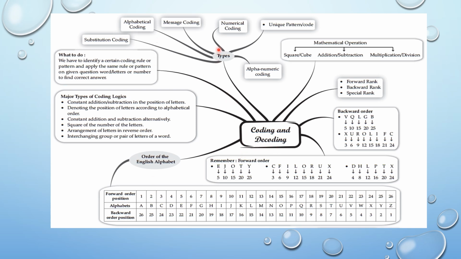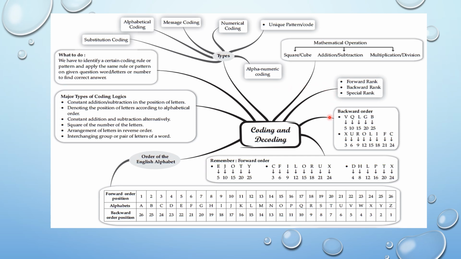Coding and decoding types: alphabetical coding, subtraction code, substitution coding, message coding, numerical coding, unique pattern code, mathematical operation, square, cube, addition, subtraction, multiplication, division. Alphanumeric coding: forward rank, backward rank, special rank,